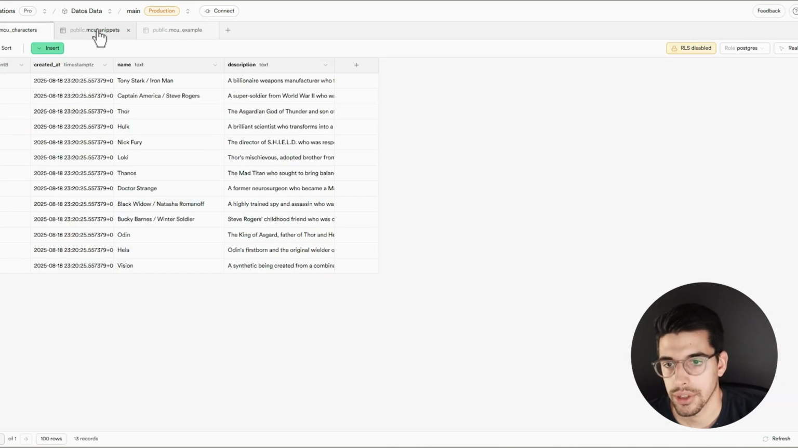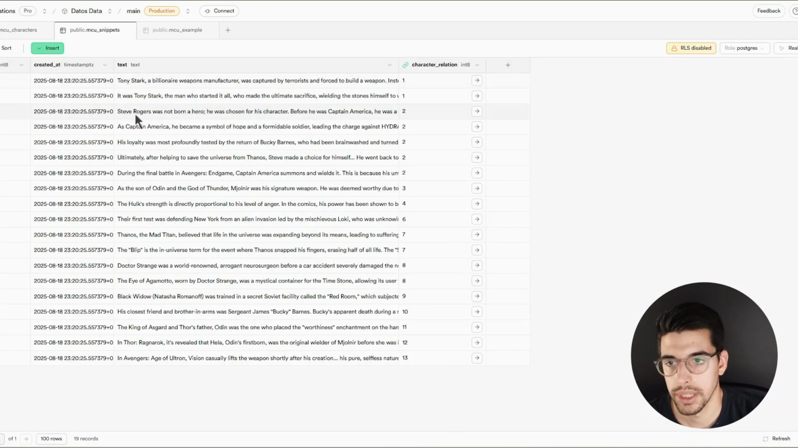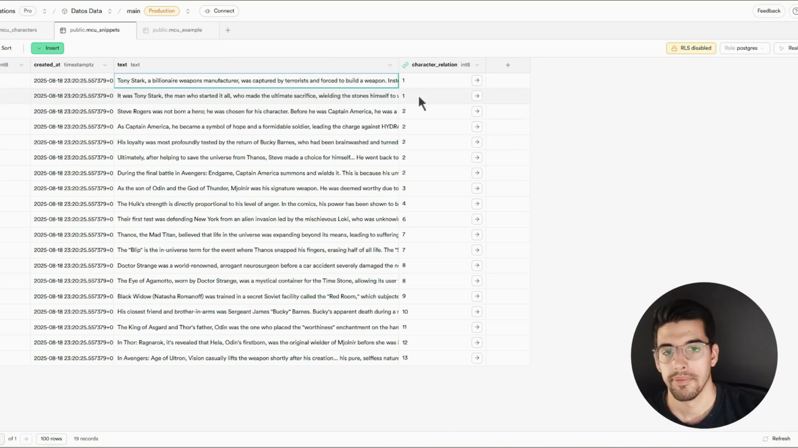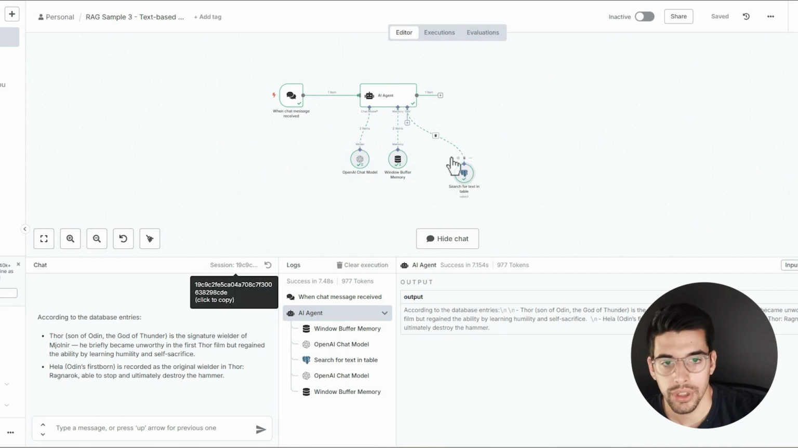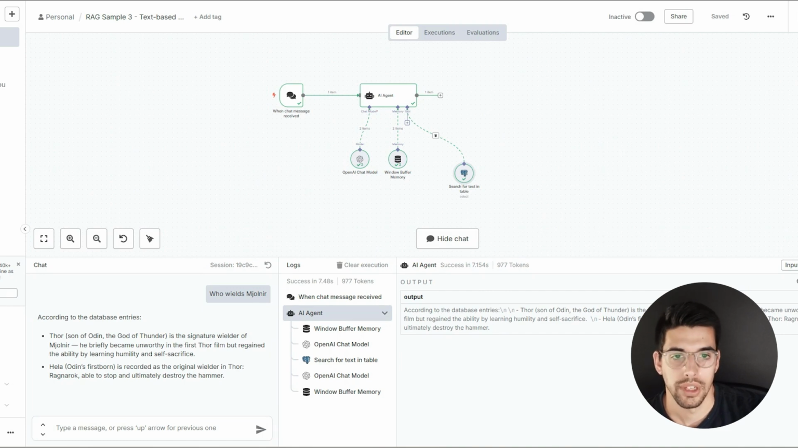So I have a list of characters, and then I have a list of snippets, and those snippets are associated with the specific character that they mention. Not the best database design, but it works for this particular example. If I say who wields Mjolnir, it will search the database based on the specific mention of that word,